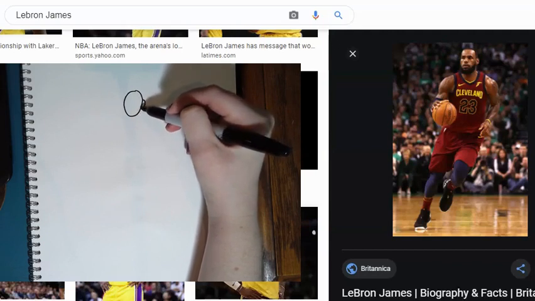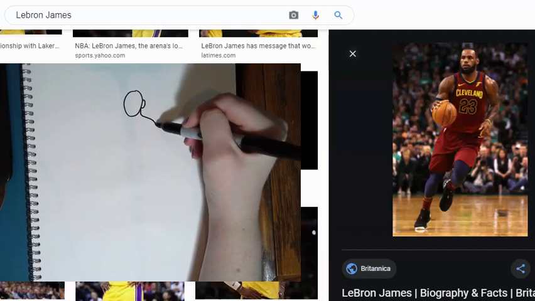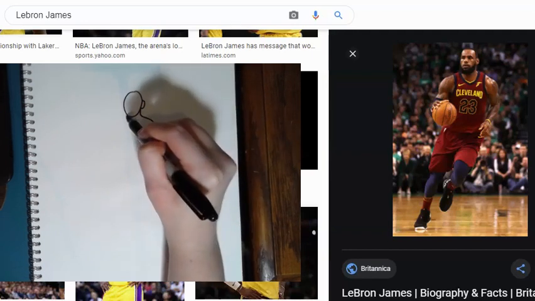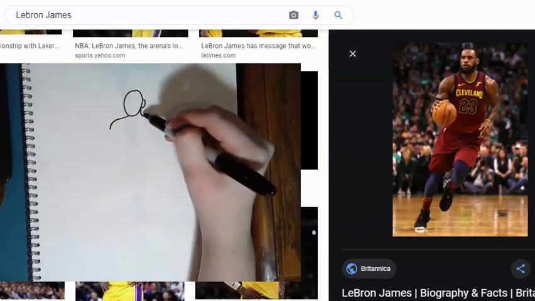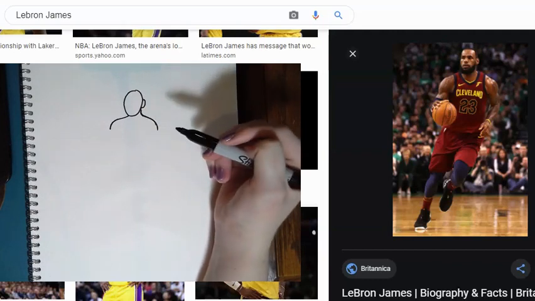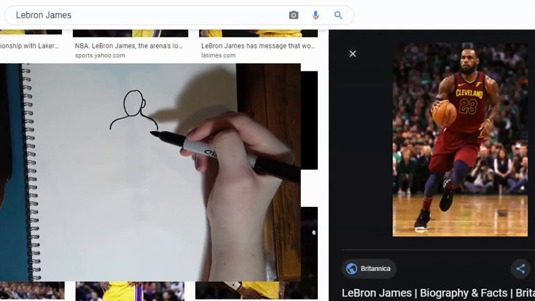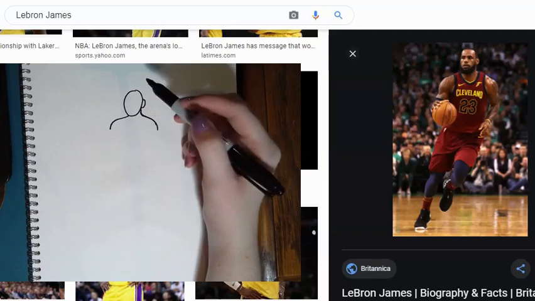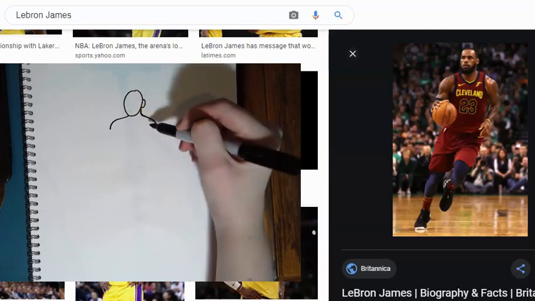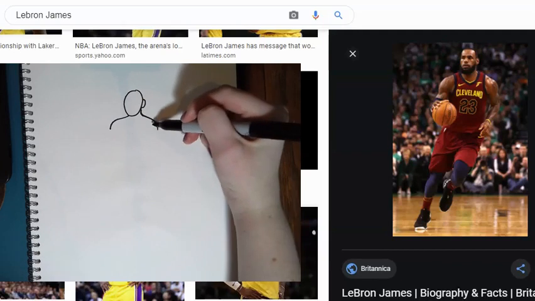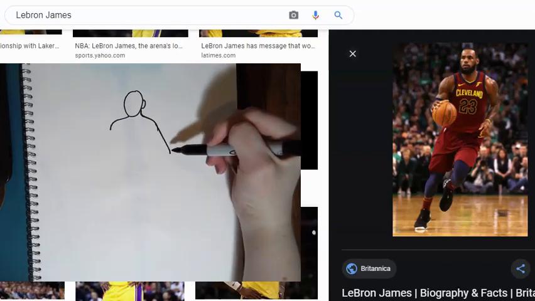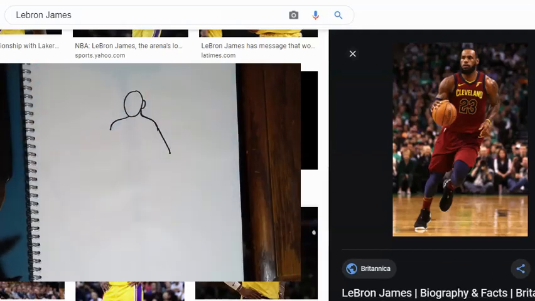So I see his shoulders about here. Using curved lines, I don't want him to look like a stiff robot or a scarecrow. I want him to look like he's in the middle of movement, because he is in the picture that I see. His arm on this side is sort of going out away from his body, and then the elbow right here